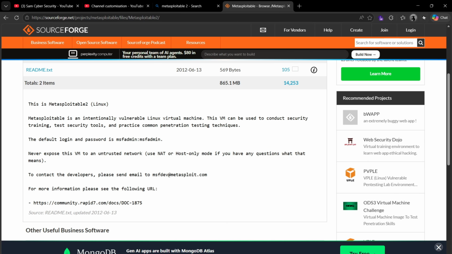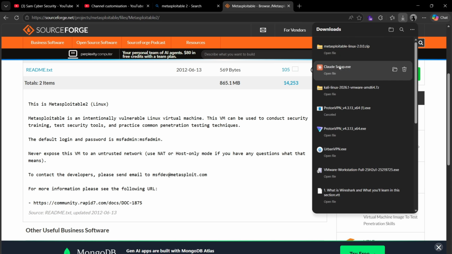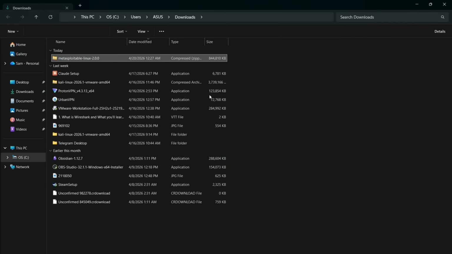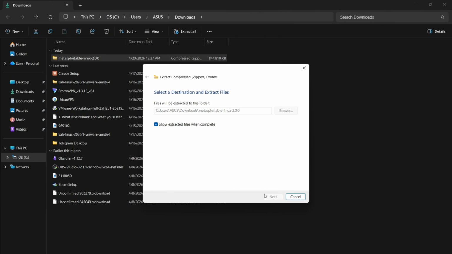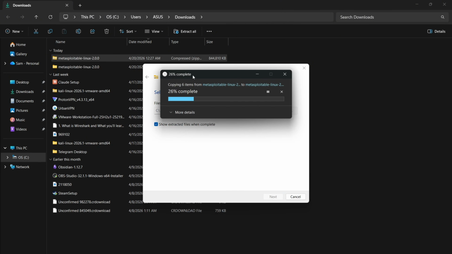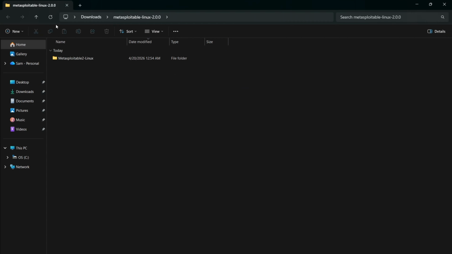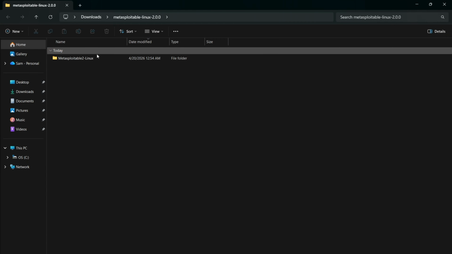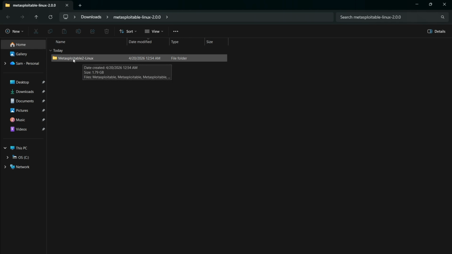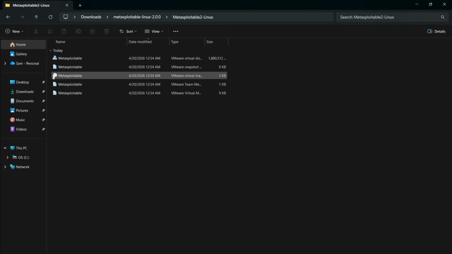So Metasploitable 2 has been downloaded. Just go on downloads and locate this file, and this will open your file explorer. Just click on Metasploitable and extract all, and this will take a few seconds. You just need to be patient. Okay, so it will open a new folder automatically. All you need to do is just double click on that folder,